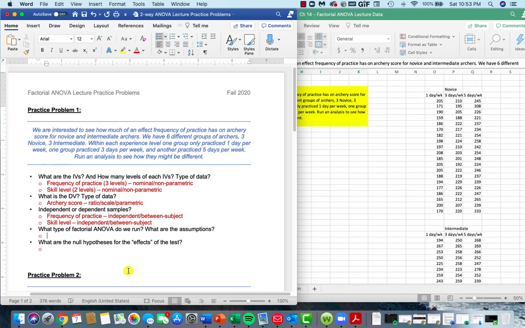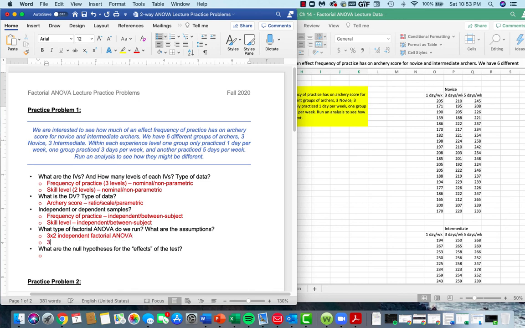So the first way is to look at the various levels that you have. In a respect, we could say this is a 3x2 independent factorial ANOVA. We could call it a 3x2 two-way independent ANOVA, right? So there's a lot of different ways that we can phrase this, but we can also refer to